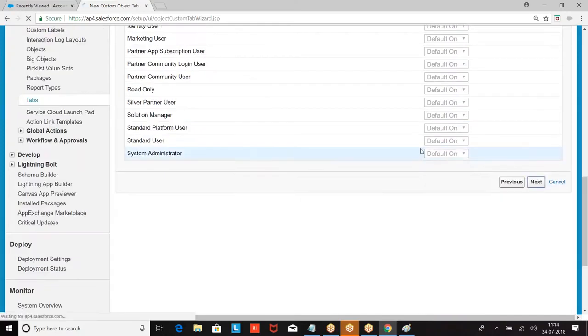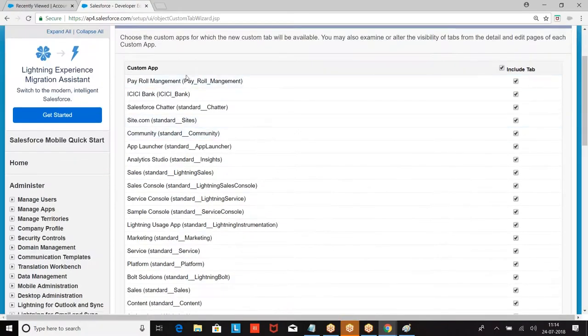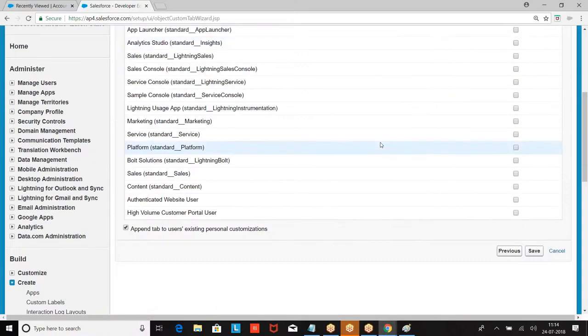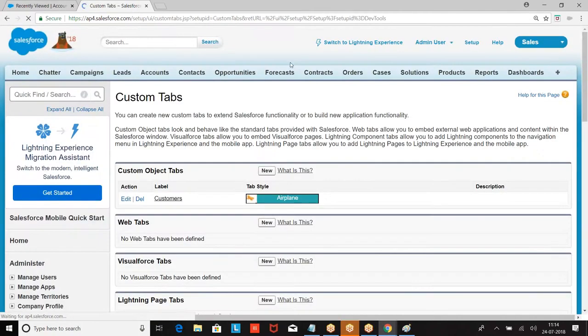Then next, in which application do you want to add this? Now I told ICICI Bank, and I am going to give ICICI Bank and ICICI Payroll Management. In these two applications I want to add it. Select the applications in which you want to show this tab.